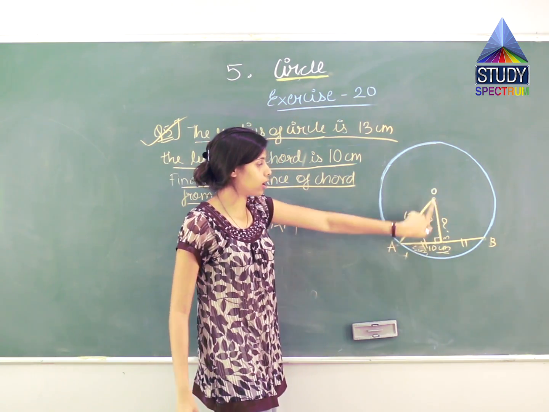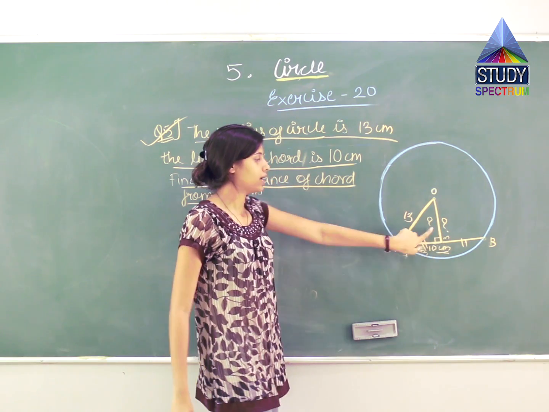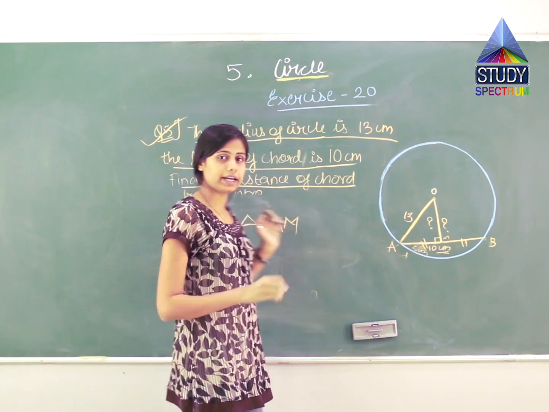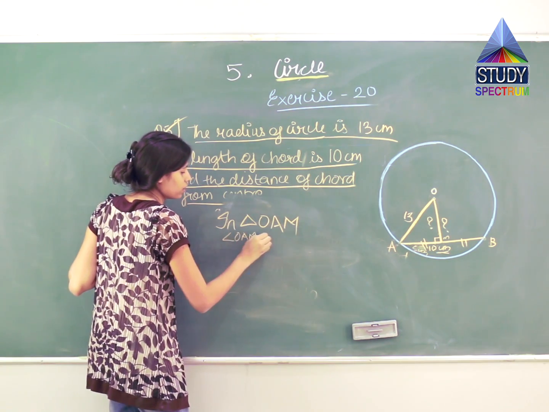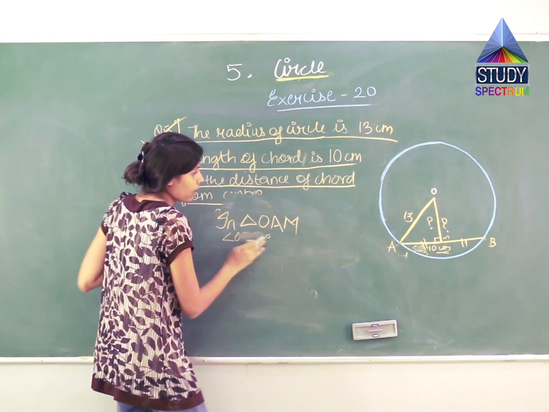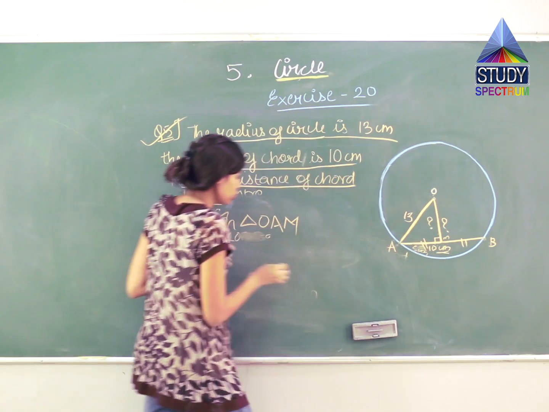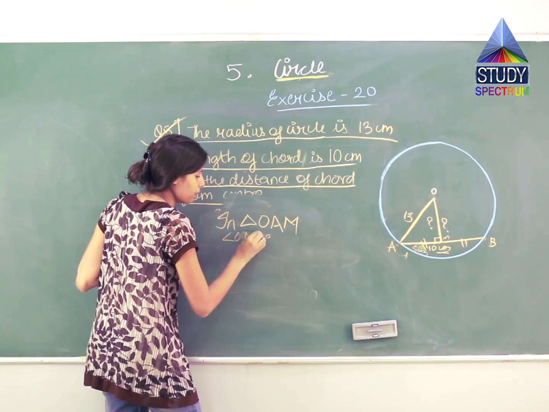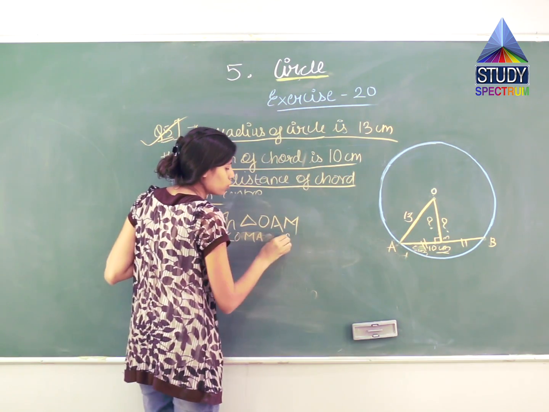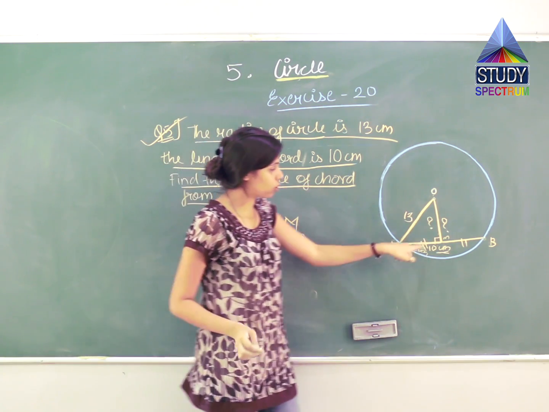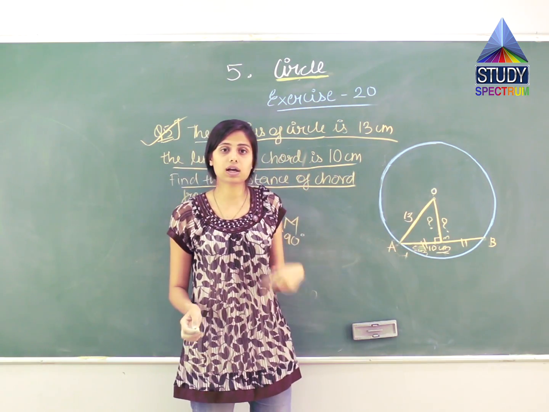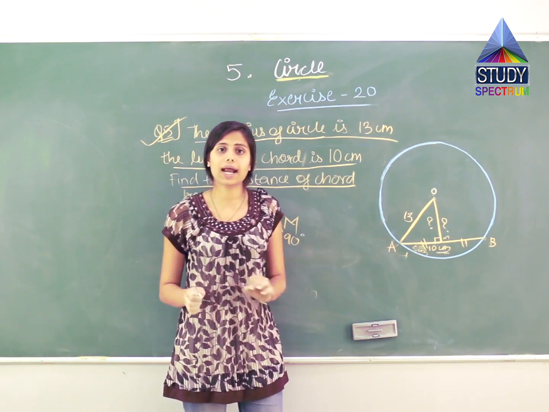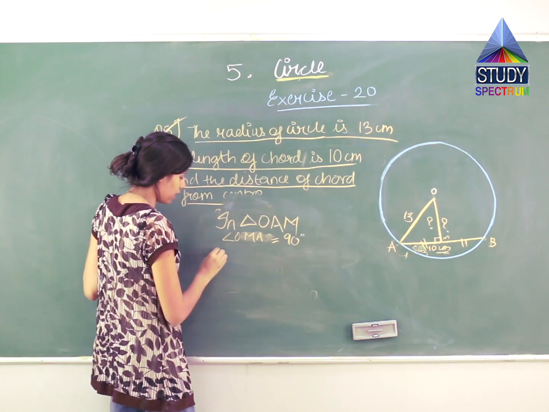In this angle OMA is how much? It is 90 degrees. So angle OMA is equal to 90 degrees. See, look over here, angle O, this is M, this is A. So angle OMA is equal to how much? 90 degree. So I will write, therefore,